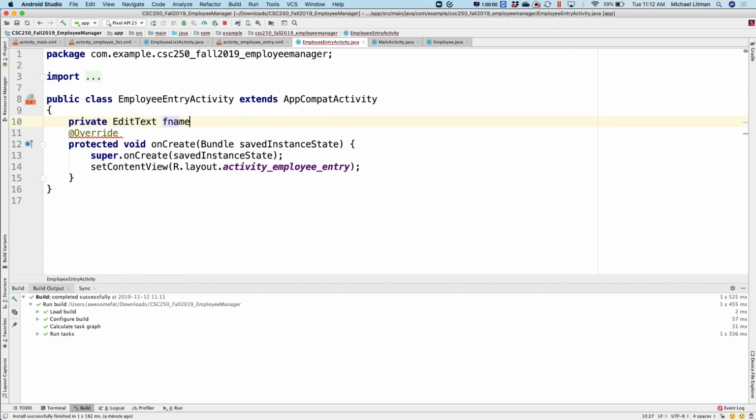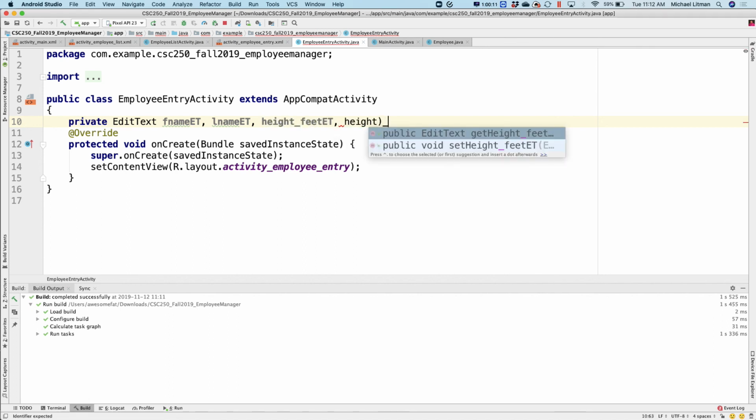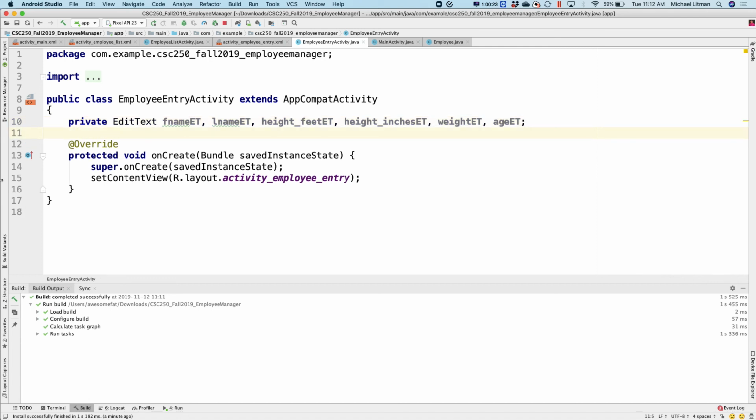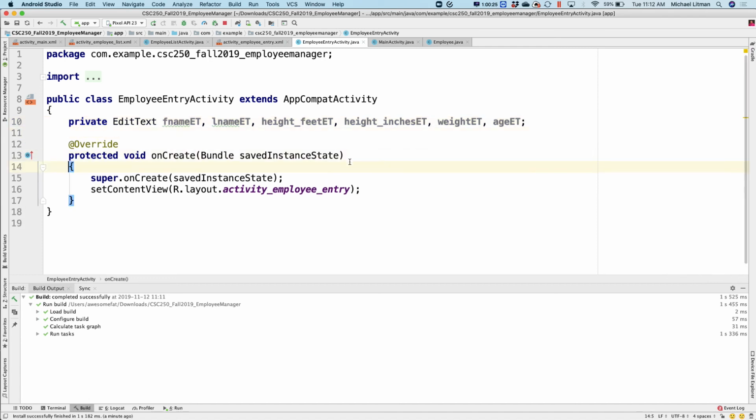And we're going to have fname et, lname et, height feet et, height inches et, weight et, and age et. Is that all of them? All right, so I gave myself variables up there for holding them, and then I'll actually set them inside of